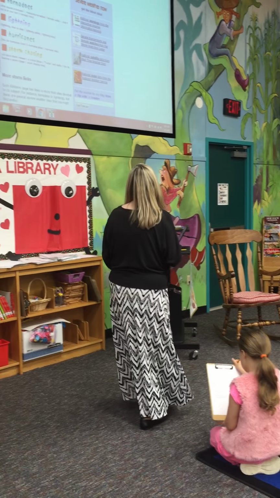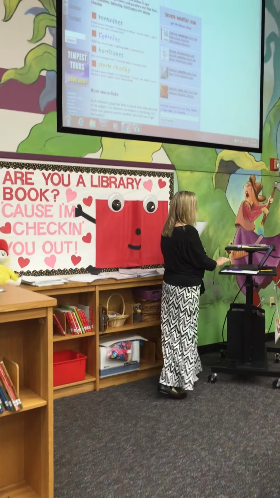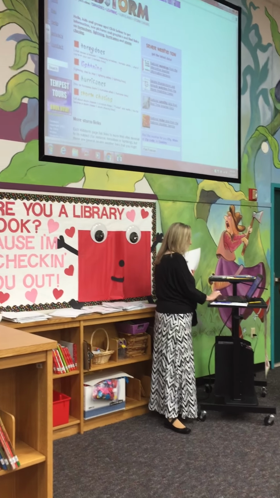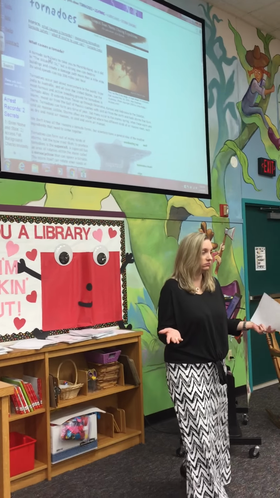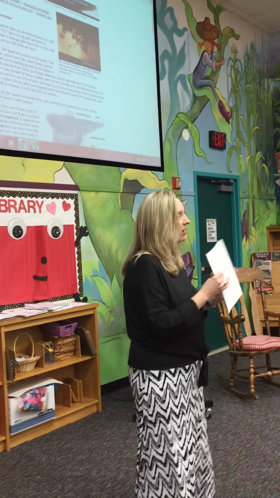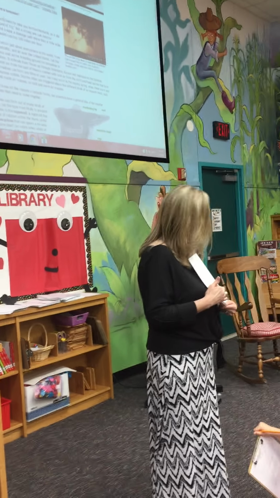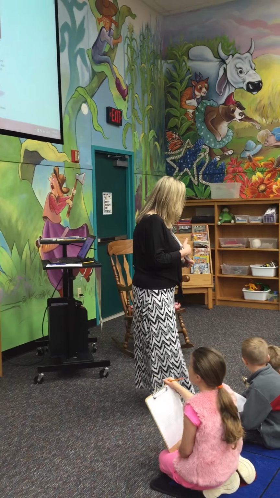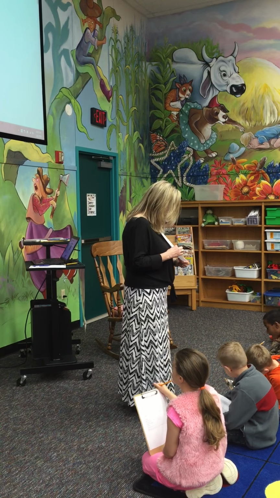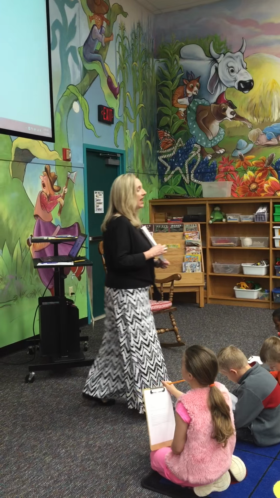Title of the article. So I would actually have to click into one of these, wouldn't I? How about we click on tornadoes? Well, what's the title? Tornadoes. So I'm going to write what here where it says title of the article? Tornadoes is what I would write. Do y'all see that? Then what's the next thing down there? Title of the homepage.